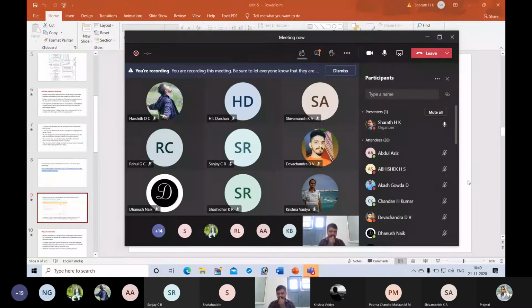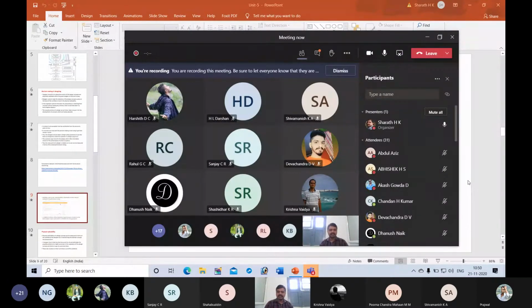Suppose a company says you can use this product for 5 years, and if the product even lasts more than 5 years, then it is a reliable one. If a product fails before the assured life, then it becomes unreliable. Suppose the manufacturer of a tube light says you can use this tube light for 1 year, and if the tube light fails before 1 year, then it becomes unreliable. So we measure reliability as the probability of survival after its useful life. That useful life will be defined by the companies, or based on our experience.